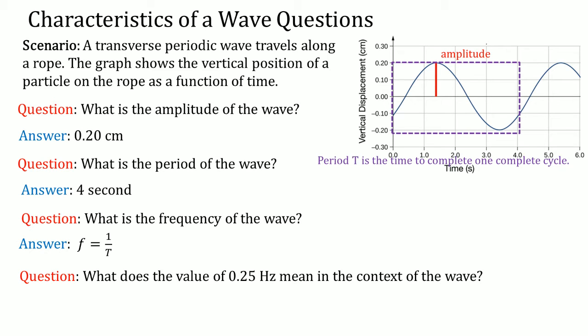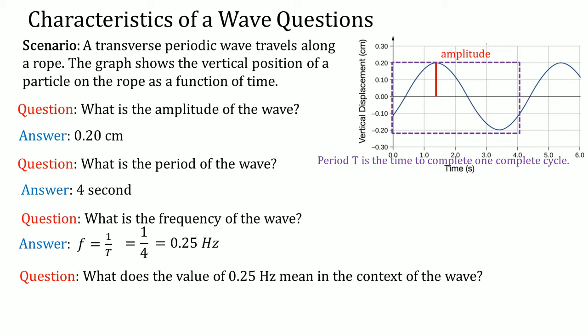The frequency is f equal to 1 over T, so we can substitute that value in for the period that we got in the last question. 1 over 4 is equal to 0.25 hertz. That is going to be the frequency. The frequency here is represented